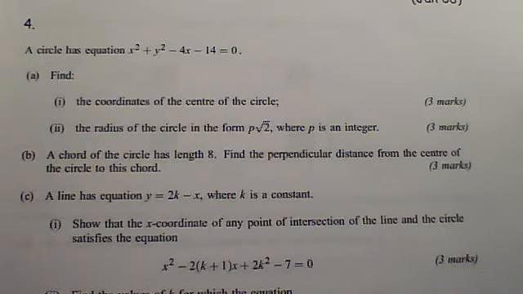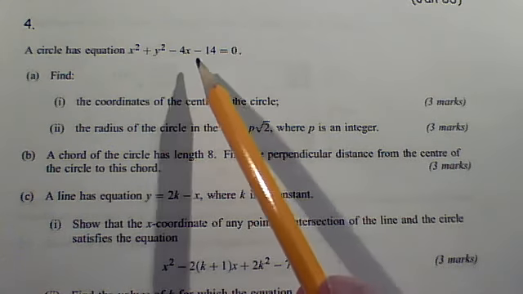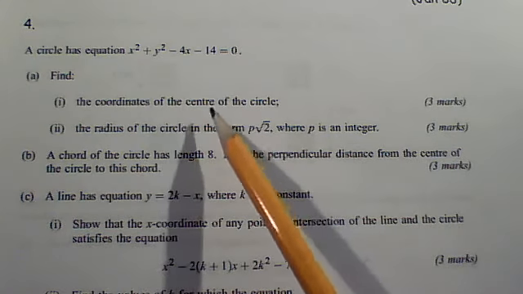Okay, here we have quite a long multi-parted question about circles. On this kind of question, there probably will be lots of re-entry points, so keep plugging away at it and don't give up if you find any particular part difficult. First thing we've got to do is go from the equation of the circle to the coordinates of the centre